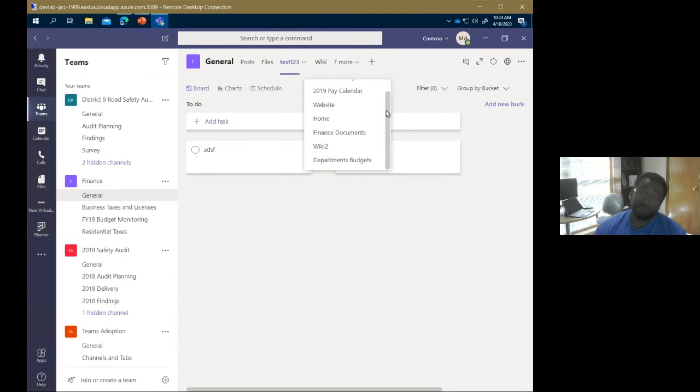I don't know that I'd have a recommendation about don't do too many tabs. I'm one of those folks that says make as many things as you need, because we've got so many options that are features at our disposal for hiding and managing what we see. So don't limit yourself in the attempt to try to keep the look of it clean. The end user has the ability to clean up their look on their own. But if you were getting into the 20 and 30 and 40 tabs here, you might just consider some kind of naming convention, maybe to help group them or sort them. Might be something to consider.